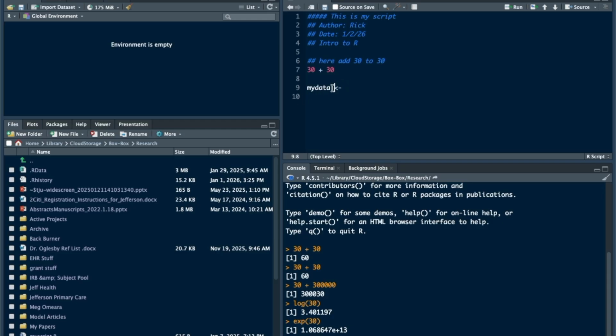And then I typed an arrow, but I did it with two different keys. Very, very important. This is called the assignment operator. It's very similar to the equal sign, but it's a little bit different in the sense that what we're doing is assigning or storing information in an object called my data. So it's not that we're saying something's equal to my data, we're assigning it there. For all intents and purposes, the arrow and the equal sign are similar,